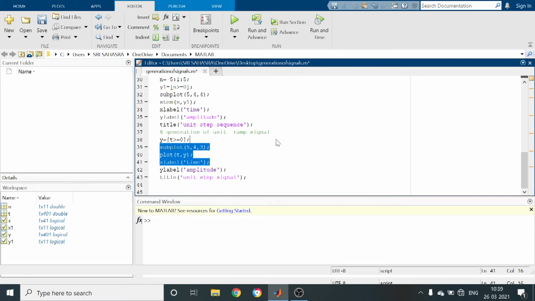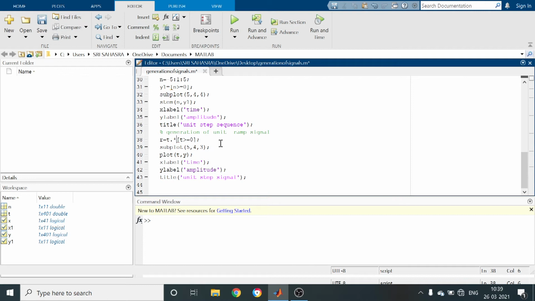So now I am going to take a variable r. Generally we are going to use the letter R of t. So unit ramp signal is defined as R of t equal to t for t greater than or equal to 0 and 0 for t less than 0, which shows the slope of the ramp signal is always unity for unit ramp signal. So R of t equal to t.